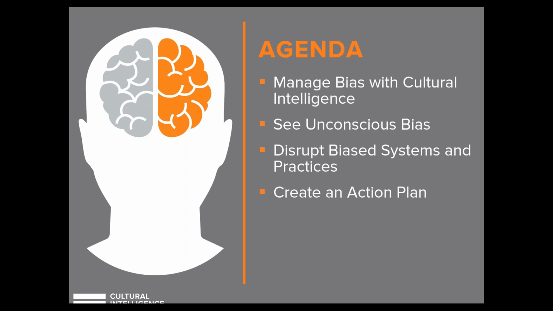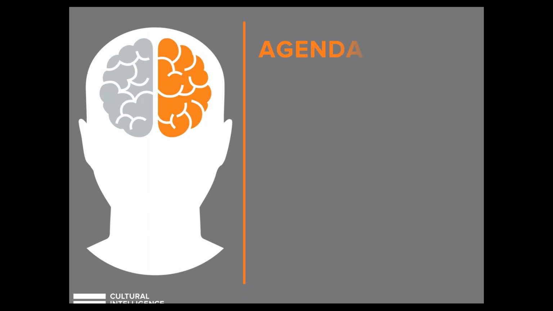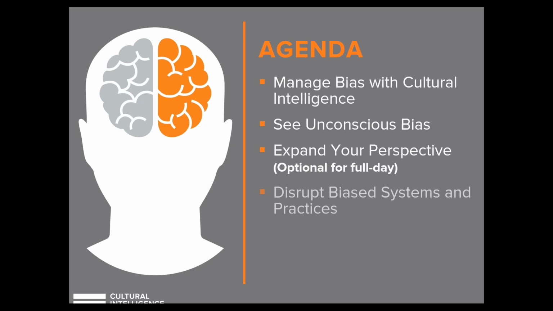Another change that you will see with the new content is that we've beefed up the agenda a bit. In fact, we provide you with 2 versions. The first is an option for doing a half-a-day workshop. If you were to do a half-a-day workshop, you'll see these are the 4 areas that we suggest you focus your time on. And of course, in the manual we give you a lot of detail behind how to facilitate these different sections. But if you were to do a full day, we also give you an agenda for that.